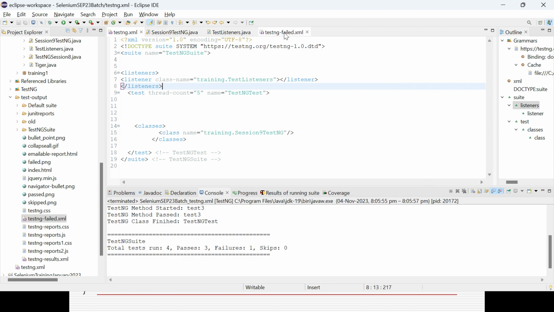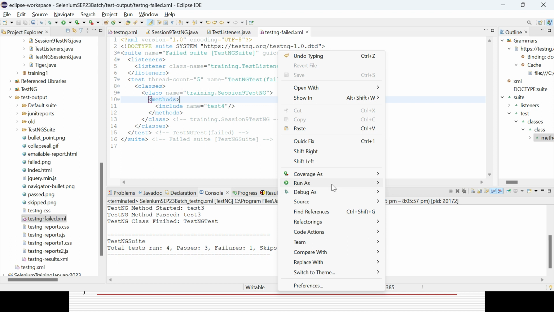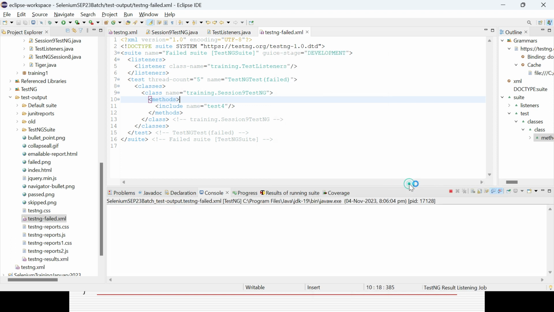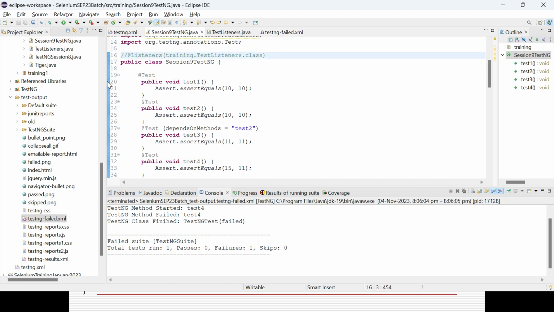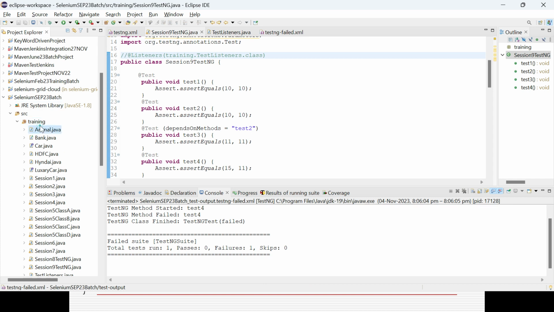But if you execute it here, only the failed test case will be executed, but that is manual, right? You need to identify and click all this stuff, but I want to automate the process. I want to automate it so that I can execute it n number of times. So what we can do, you can right click again here,